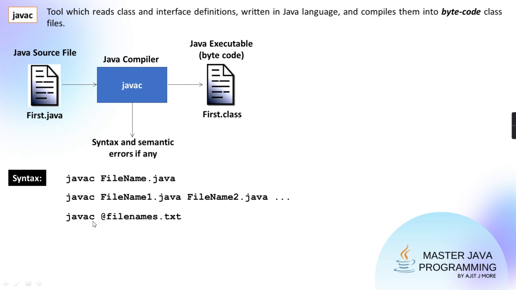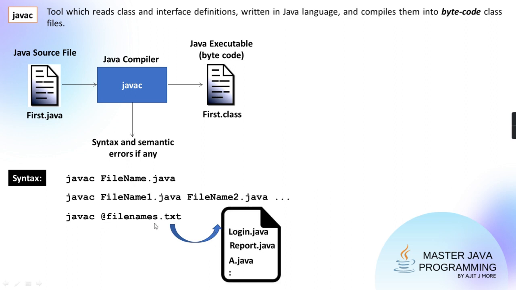Okay, so now is this Javac tool going to compile filenames.txt, or will it compile the files whose names are there in this txt? Within this txt, which is filenames.txt, there is a list of file names. Now it will compile each file separately: login.java, report.java, a.java. Agreed? Hope it is clear to you guys. Right? Yes or no? Then we are going to move to the second tool, that is the Java tool.